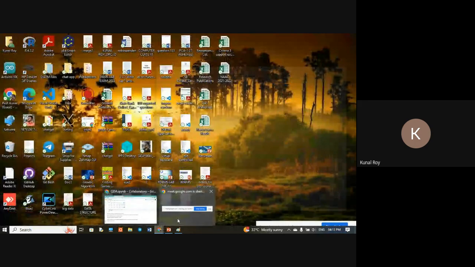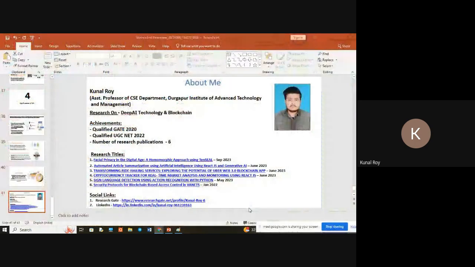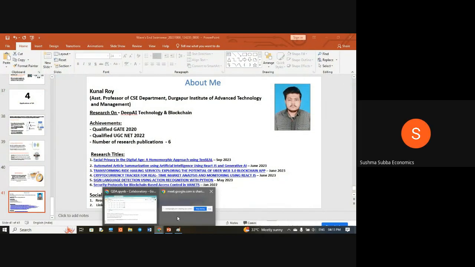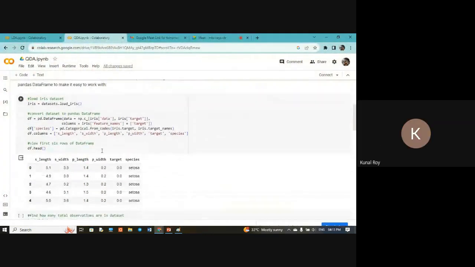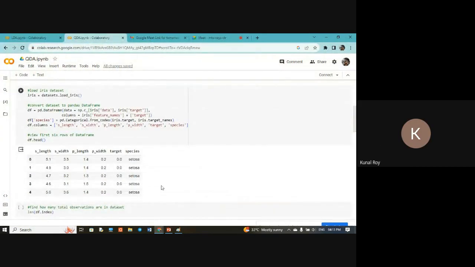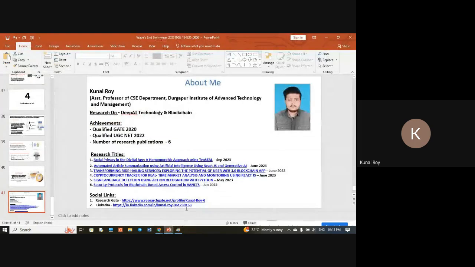I had a query regarding the covariance matrix. Hello? Regarding the covariance. I have to explain about the covariance, right? I had just a query, and